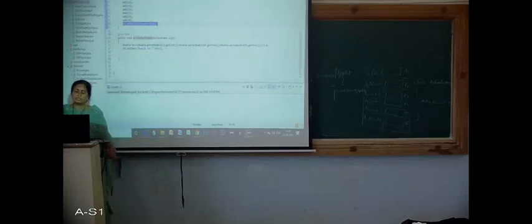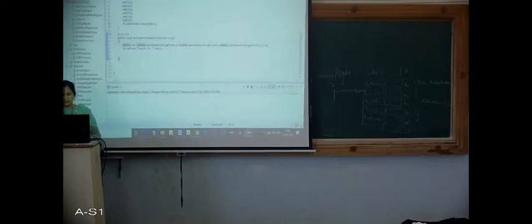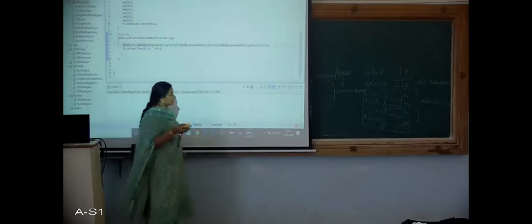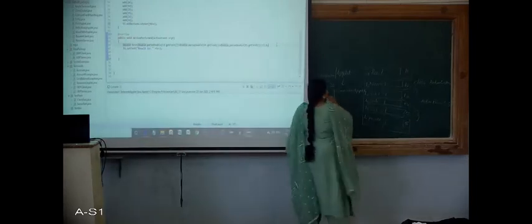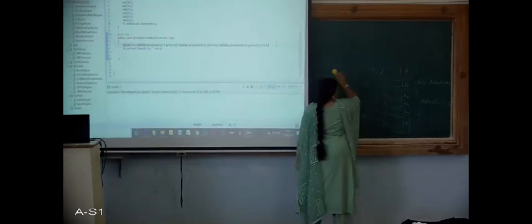So this is an overridden method. Now I have written Double.parseDouble(T3.getText()), all these in a single statement. You can just divide these into multiple statements if you are finding it difficult.